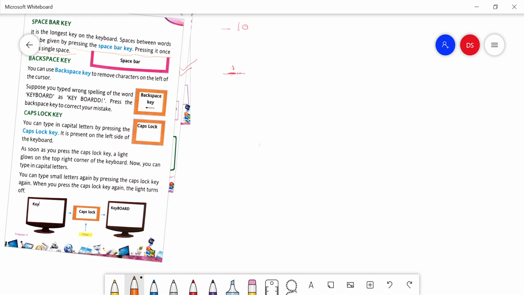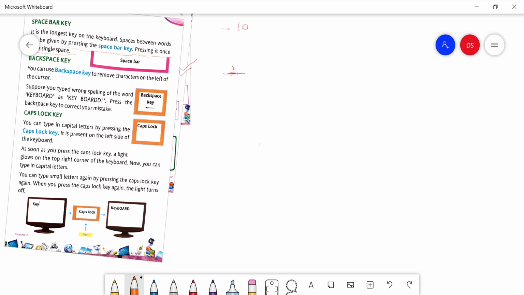And there is one more key, the tab key, also on the left side of the keyboard. The tab key is also used to give space between the words, and there are 5 character spaces fixed in the tab key. When we need a fixed amount of spaces between the words, then we use the tab key for giving the space between the words.